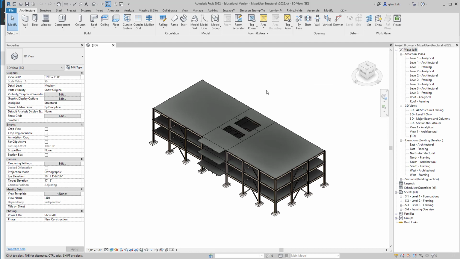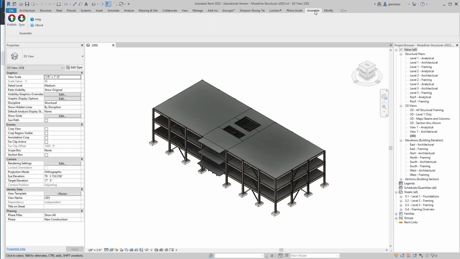When you install that plugin, it'll show up in Revit as another tab. So you'll find the Assemble tab at the top of your Revit application, and if you click into that tab, you'll find two different choices, either Publish and Sync. We're going to be using the Publish choice to publish the elements in our structural model to the Assemble web